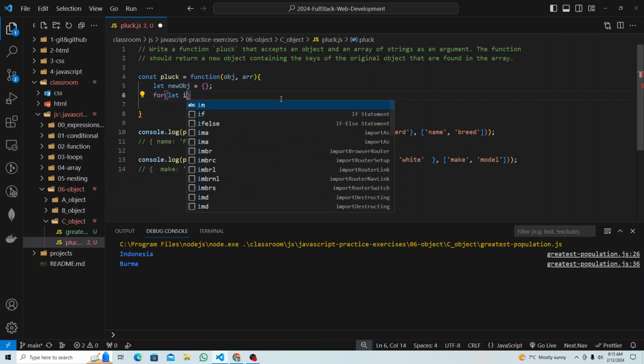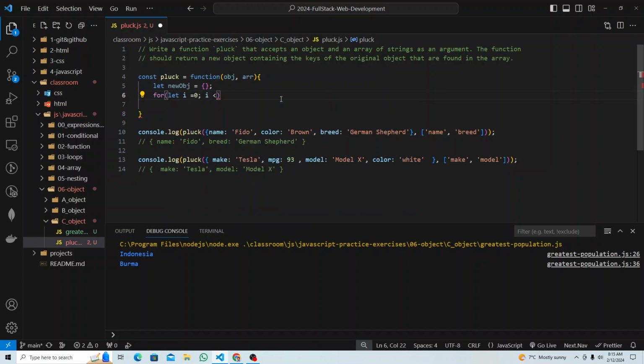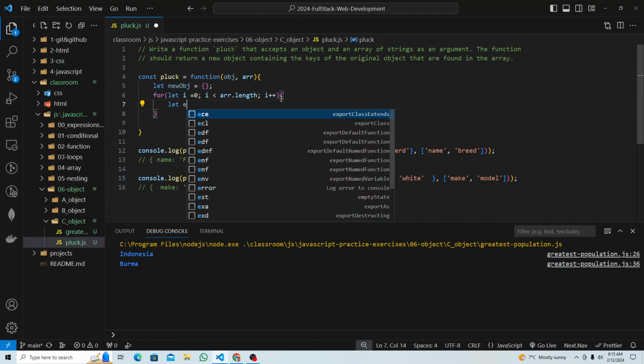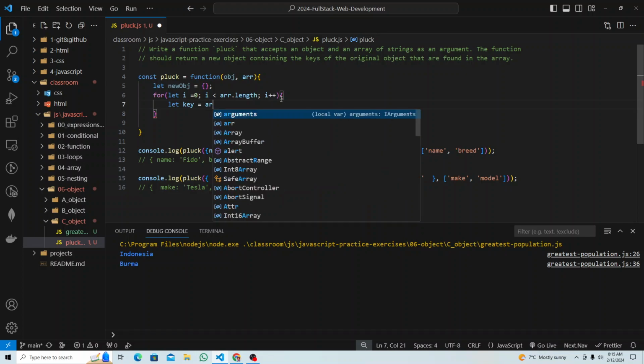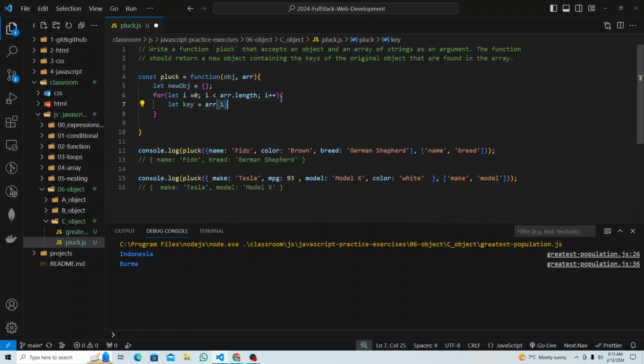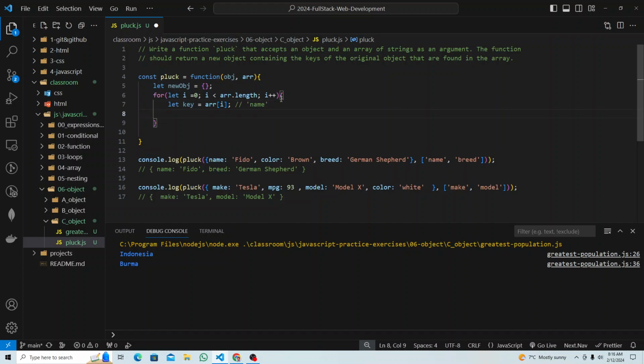For let i equal to 0, i is less than array dot length, i plus plus. So let element, okay, I don't have to do this, but let's store it here, or let's call it key. Key, you can call anything. This is just a variable. This variable stores the value from the array index. Right now I get name, the first one with 0 index is name. Now I will check if